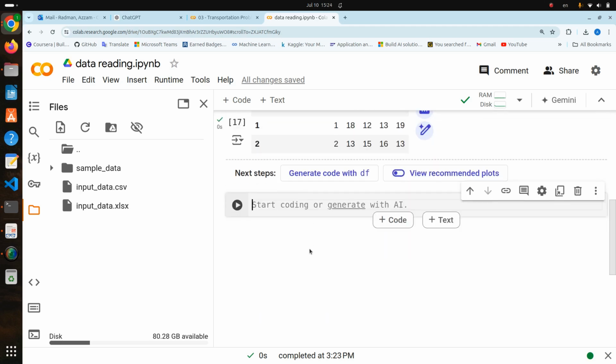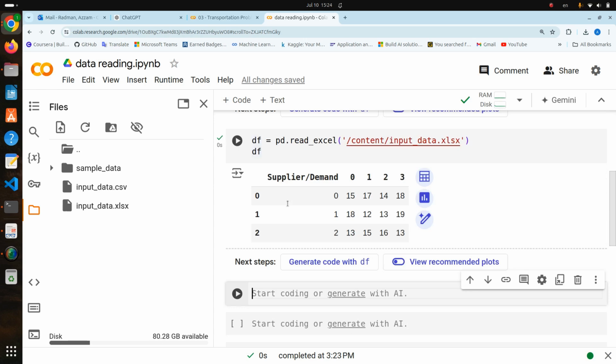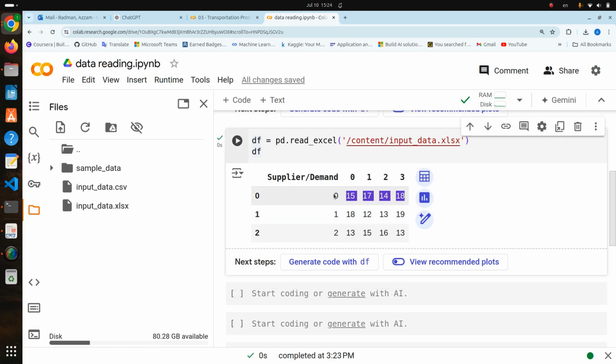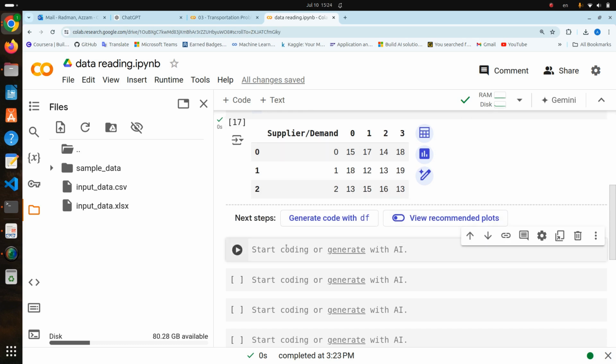Now I will learn an important skill to deal with data frames, which is slicing. Let's say I want to read just the first row of the data set or the first column, or I want to read, let's say, the last 4 columns of the data set, starting from here to the end. I don't want to read the first one, and I want to deal with that specific part of the data set or data frame. What I'm going to do is to learn the slicing strategy. So for slicing with pandas datasets, what you're going to do is df.iloc,